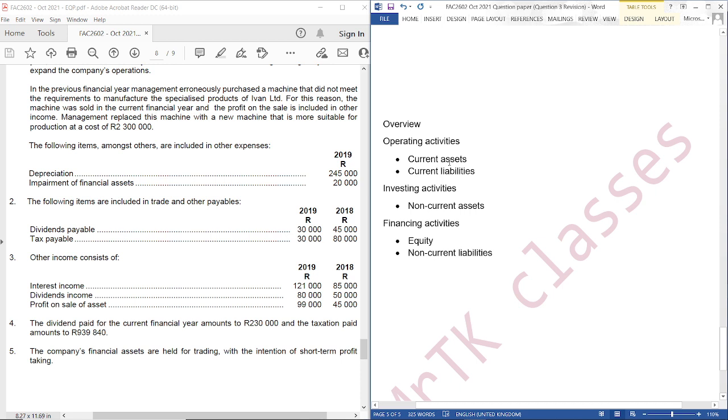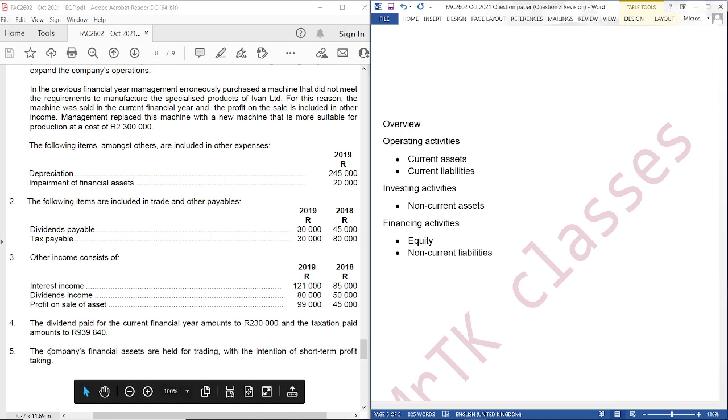But if they are falling under non-current assets, we have to address them under investing activities, right? So let us see. The company's financial assets are held for trading, which means that they are current assets, with the intention of short-term profit taking,